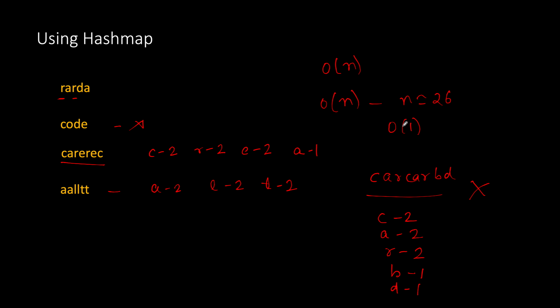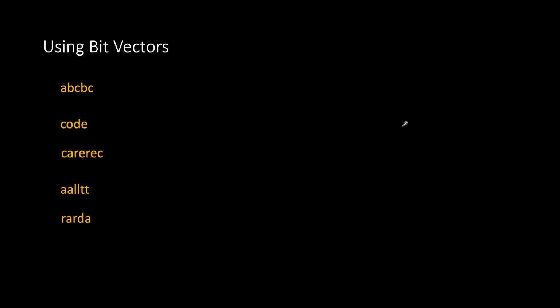Now let's look at the third solution. The third solution is using bit vectors. If you think deeply about this problem, we might notice that we don't actually need to maintain the count of each character. We just have to know whether the character is repeated an even number of times or an odd number of times. This is similar to flipping a light, and if the light ends up in the off state, we don't know how many times we flipped the light, but we know that it was an even count.